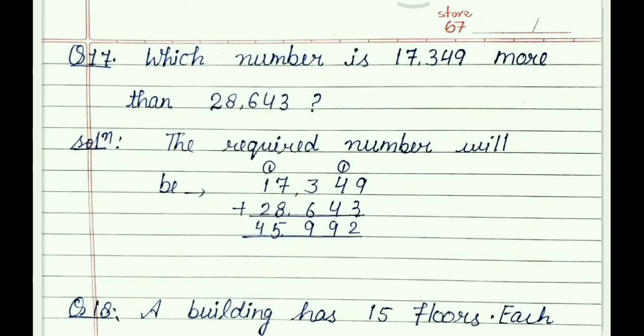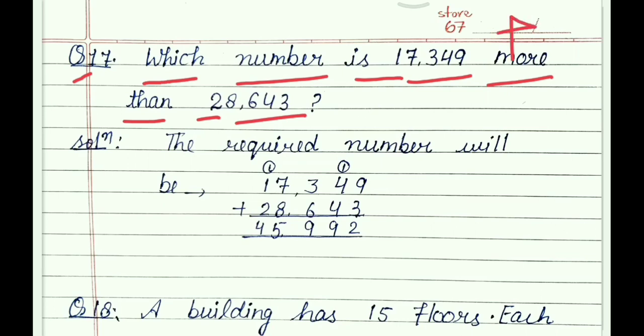Now after that, let's see question number 17. Okay, what sum am I doing here? Which number is 17,349 more than 28,643? He is asking which number will be more than. More than means plus. So the required number will simply be the addition, because more than means plus and less than means minus. Okay, so add both these numbers, 17,349 and